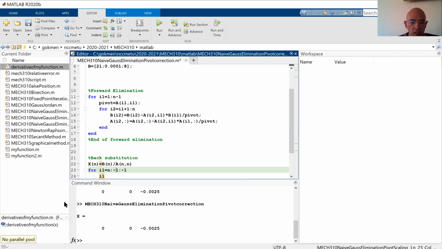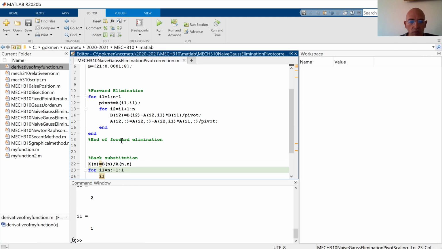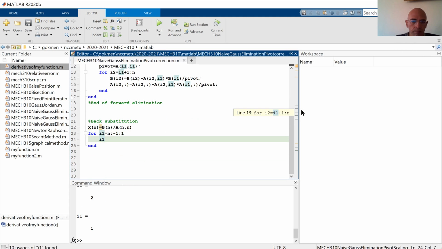I think this is minus 1 and 2, 1, because I don't remember how it, yeah, it's okay. Do loop is okay. Now I will continue with the back substitution, and